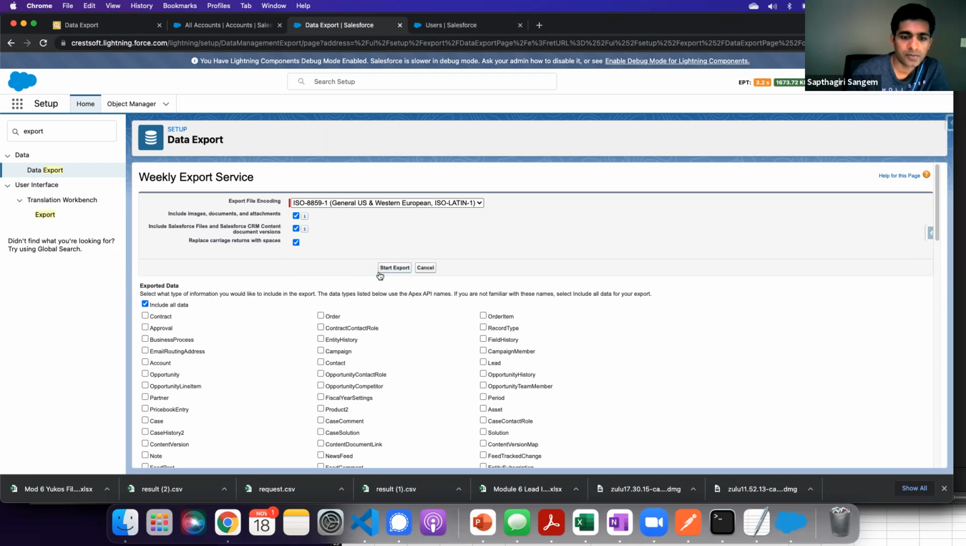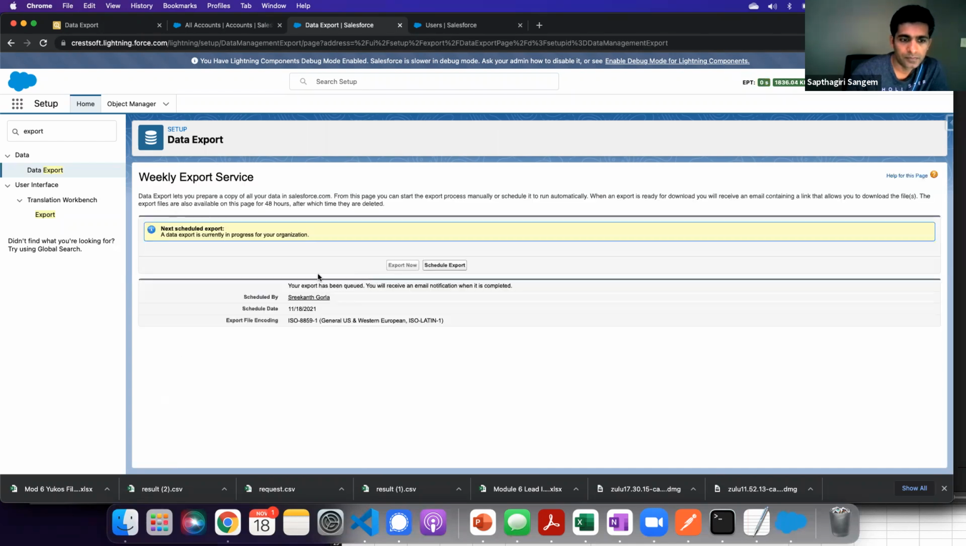Then start export, and basically that will export everything. A zip file will be ready, and you can come back and download it. So that is one option that Salesforce has given, but most of the companies do have their